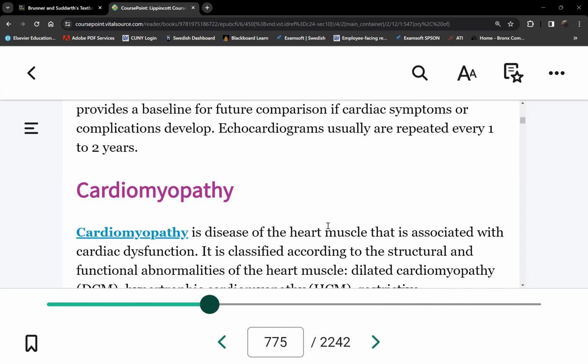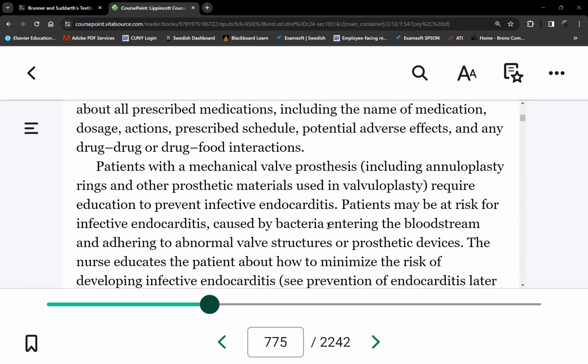Okay, let's go now to biologic. If it's a biologic valve that was used to replace, the patient has a living valve, so therefore it does not require lifelong anticoagulation. Okay, only the mechanical valves, because biologic valves do not tend to attract platelets because they're living tissue. So platelets will just slide over them. They're not likely to attract, meaning platelets won't stick to a living